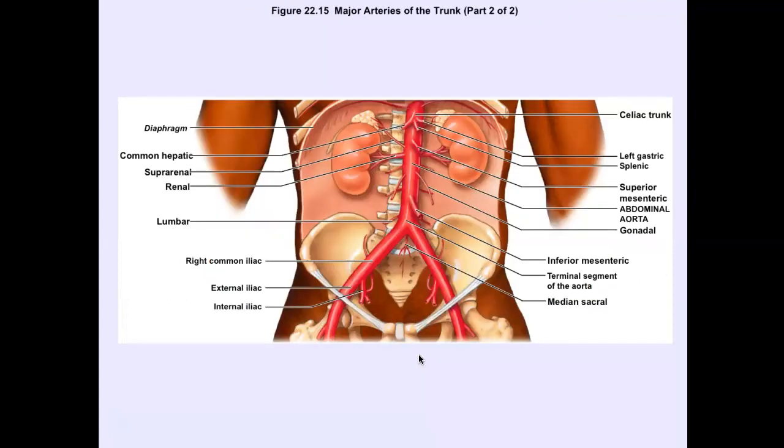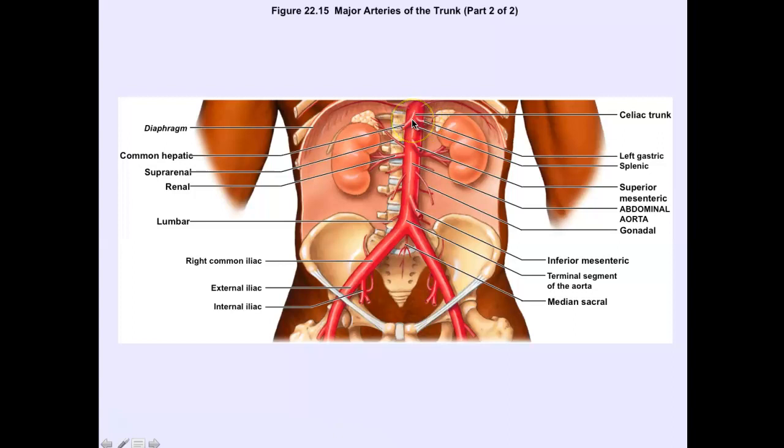So you will need to know this image. You'll need to know all the blood vessels here. If we look at the very top, we already mentioned these, right? These are your inferior phrenic arteries. There's 2. Then we have 1 celiac trunk. So a trunk, again, is a very short blood vessel, and it will split immediately into 3 other blood vessels, these arteries,